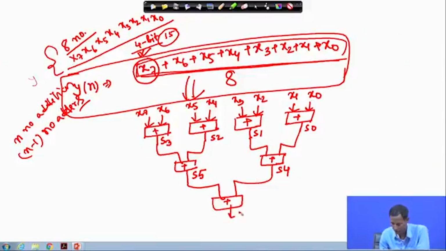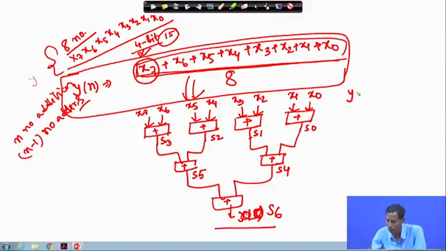So, if I consider n as 8, this is my... not okay, this is not the final output. What is left is to divide this by 8. So, how can I divide by 8? If I write these sums as S0, S1, S2, S3, S4, S5, S6, and mention the final sum as S6, then y8 equals what? S6